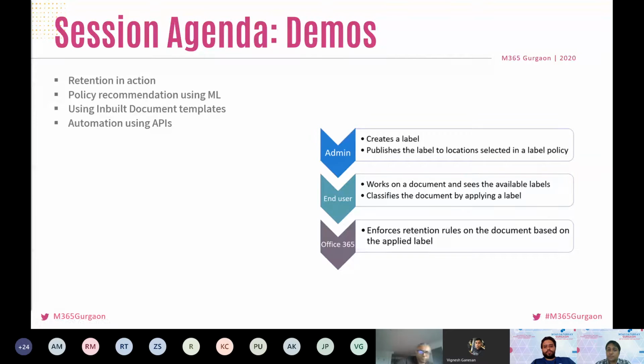As I said, we'll showcase some of the APIs using Graph Explorer, so that you can get an idea how you can authenticate and then call those APIs. And there are a lot of opportunities to automate things using Azure or Power Platform flows. In general, we'll be just showcasing how you can call APIs, and then automation scenarios can be handled using Azure Functions or Power Platform solutions. Okay, so that was pretty much the brief of the session agenda.